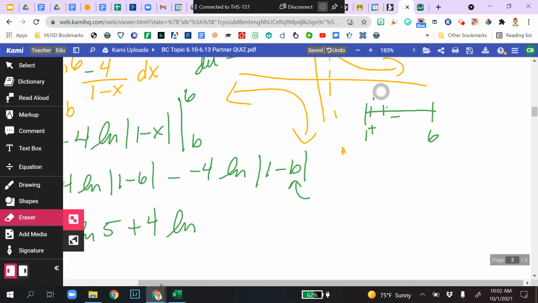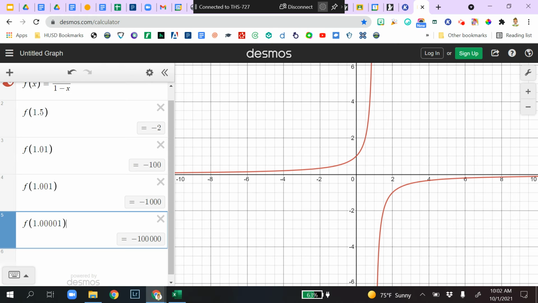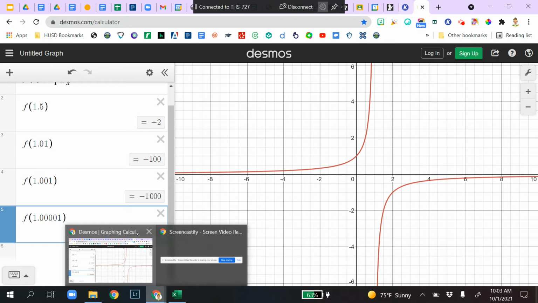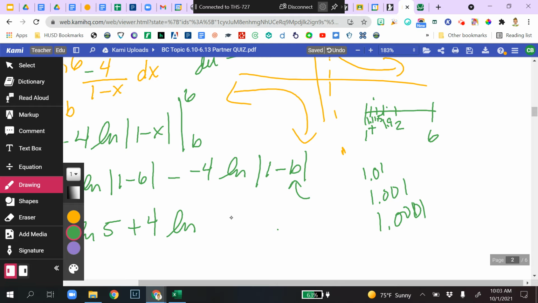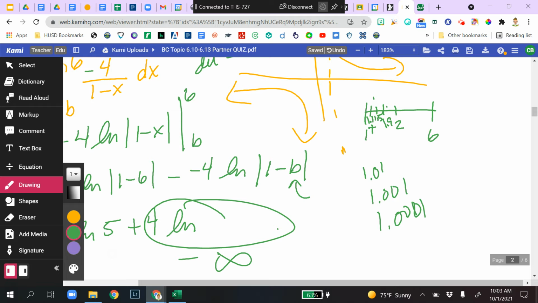Okay, let's think about this again. As I'm getting close to 1 from the right, I would have like 2, and then closer is 1.9, closer is 1.5, closer is 1.1, and I can get closer by adding zeros in front. Look at what happens in Desmos when I add zeros. Do you see how when I did 0.01, I got negative 100, and then I got negative 1,000, and then negative 100,000? It's growing astronomically fast when I'm using a very small x. When I see that happening, that means it's going to infinity. In this case, it's going to negative infinity. So this whole chunk back here is negative infinity. So overall, on one like this,